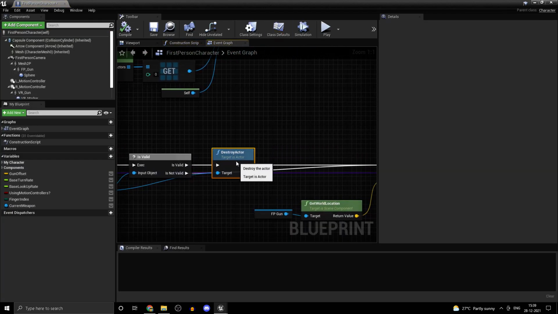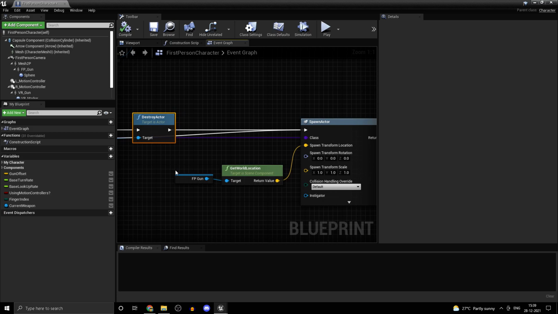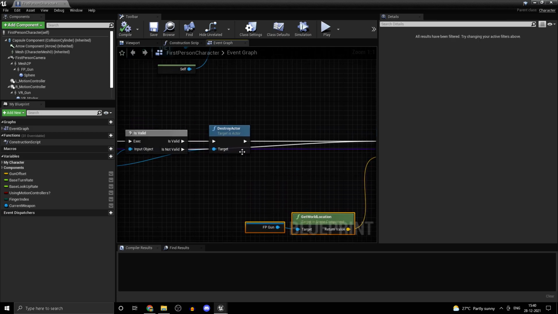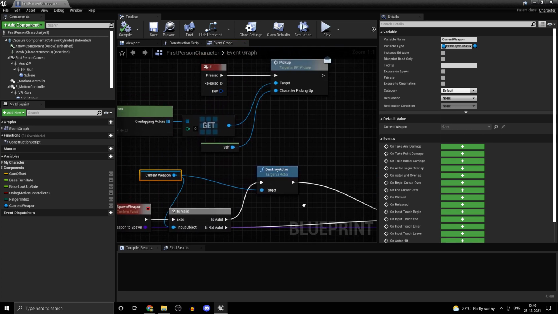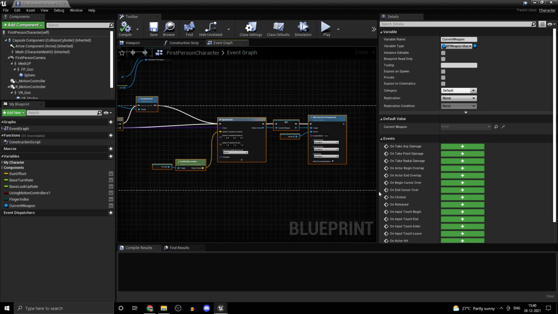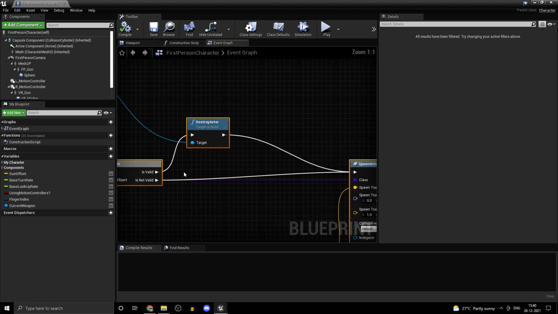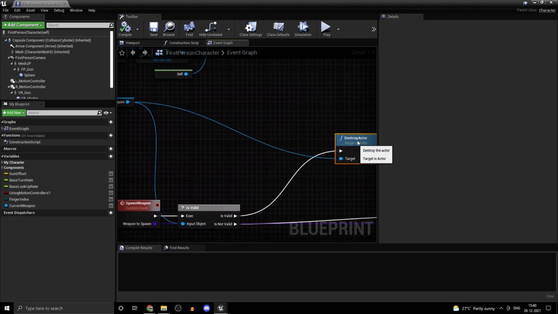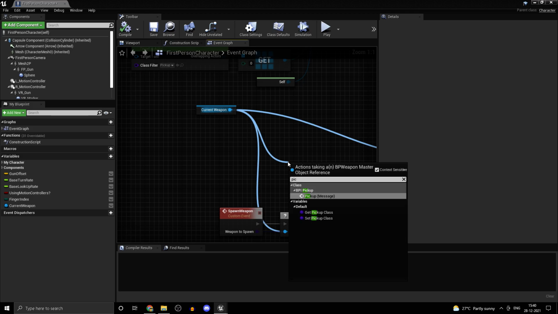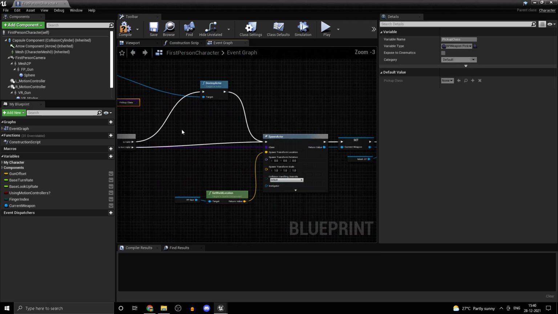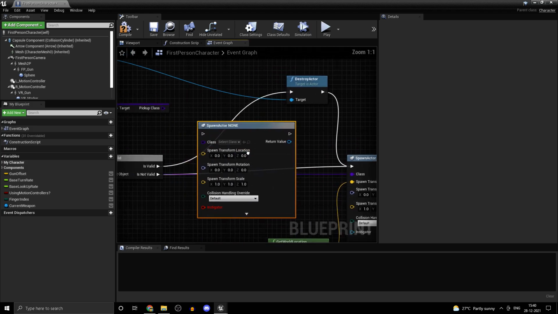Now what you could do is you could actually spawn the pickups. So only if he had a weapon is he going to do it. So once he destroys the weapon, or actually we must do it before that. So if it's valid, get the pickup class, and spawn that.